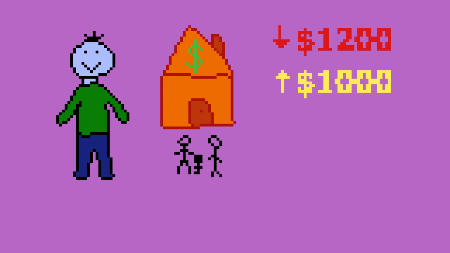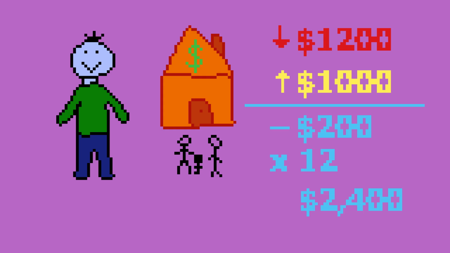Okay, quick refresher for what these things do and how they function. We'll start with negative gearing. When someone buys an investment property and they rent it out for less than what it costs them to pay off the mortgage and all that, they're incurring a loss. As an example, Peter buys an investment property and the mortgage repayments cost him $1,200 a month. Peter decides to rent out that property for $1,000 a month, meaning that Peter is still out of pocket, making a loss of $200 a month or $2,400 a year.